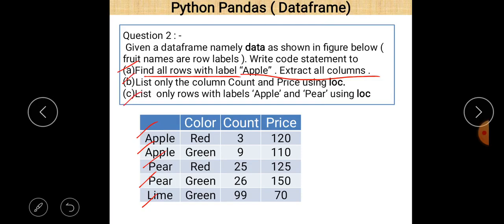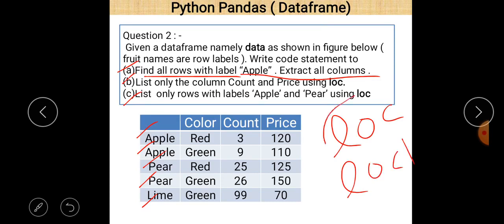So LOC is important. There are two important properties, LOC and ILOC. Okay, if you want to use just LOC, then you can access the data of a data frame row wise and column wise both, but in case of ILOC, you can use only index wise. It means only row wise here.